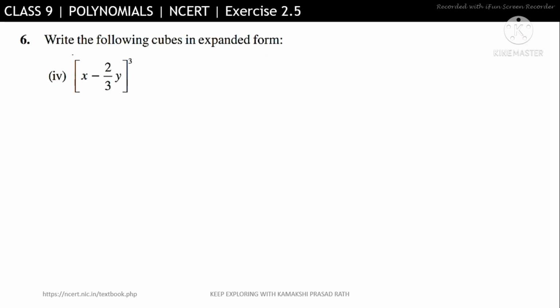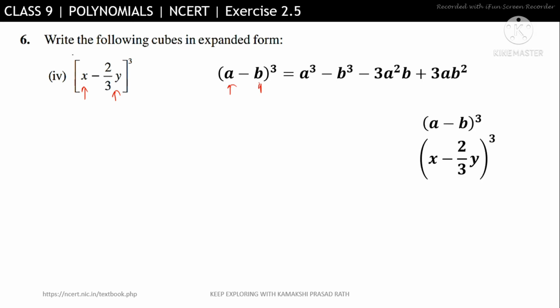Next, you can see the same thing. Now we have cube of a difference. So by seeing the identity, you easily know which identity to be used. Two terms are there, they are subtracted and we are cubing. Same thing, two terms are there, we are subtracting and we are cubing them. So let's just compare it. So a will be x and b will be 2 by 3 into y, or 2y by 3 anyway.